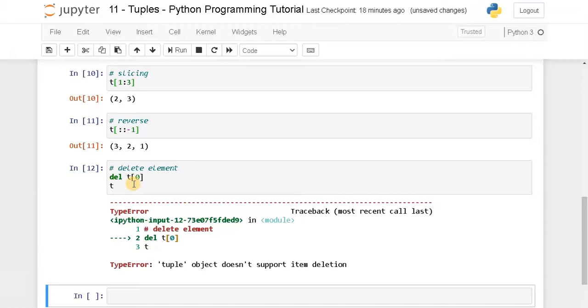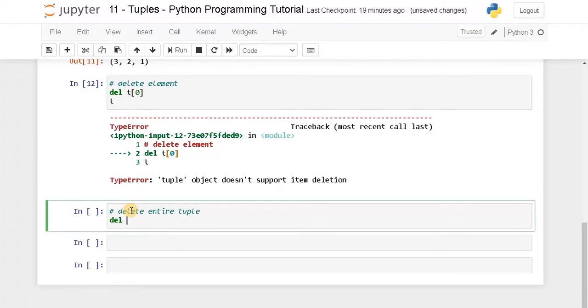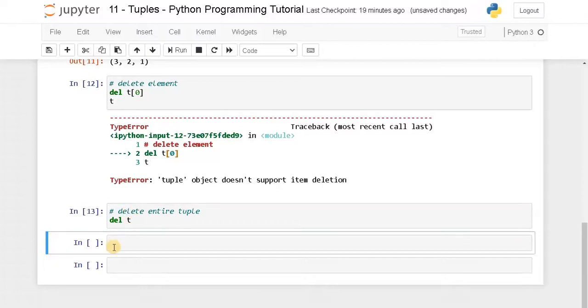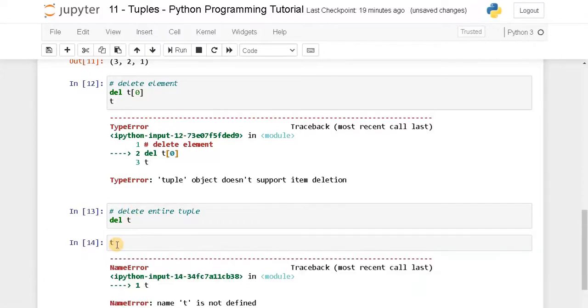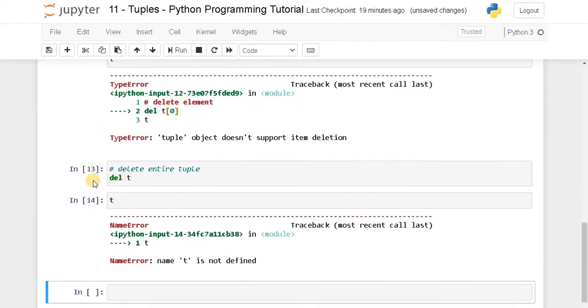You cannot delete an element from the tuple, but we can delete the entire tuple like this. Delete entire tuple. That will be del of t. Run it. And now let's access t.